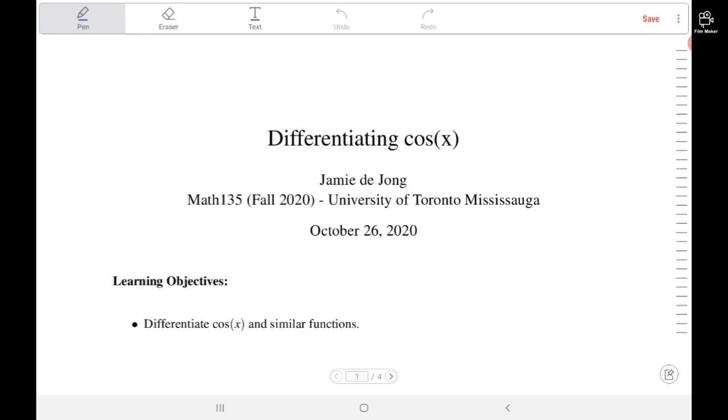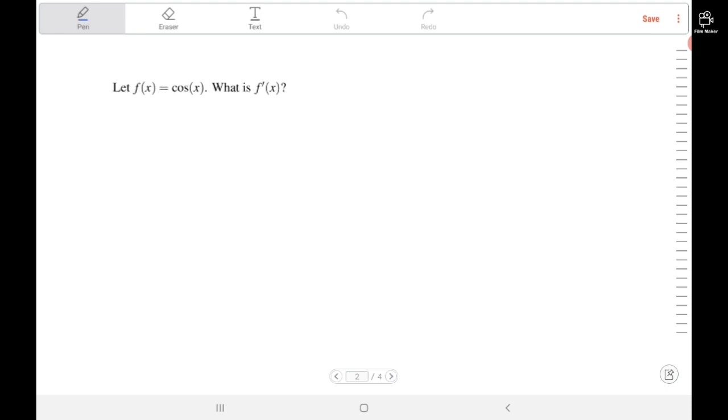The goal is to differentiate cosine of x and similar functions, and we're going to do that using first principles because we don't have any knowledge yet of how to differentiate cosine. So we have a function cosine of x, and the question is, what is its first derivative? And if we apply the definition of the derivative,